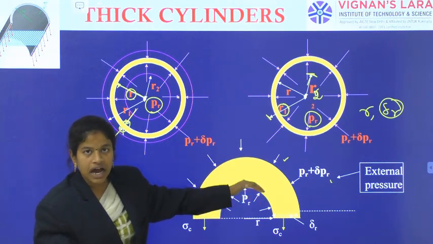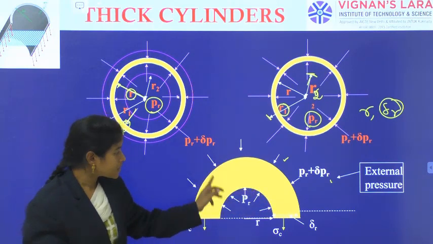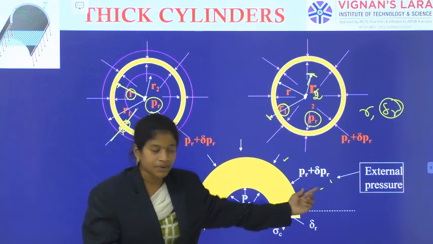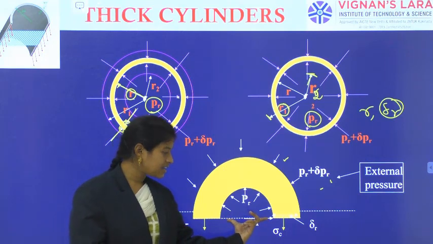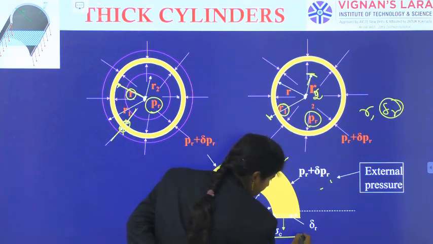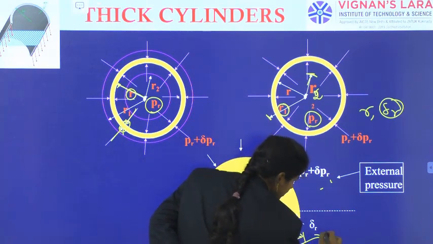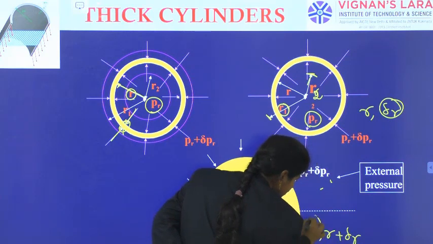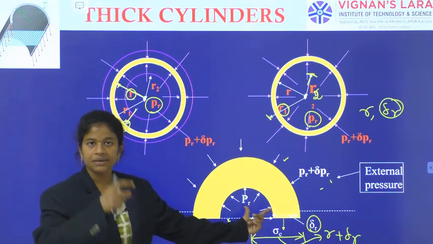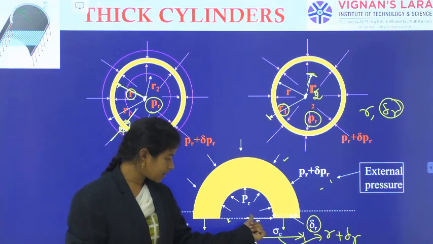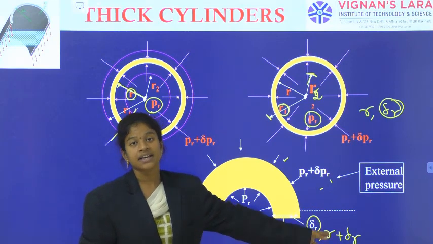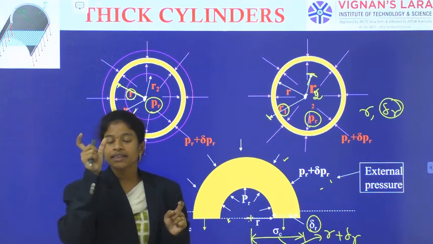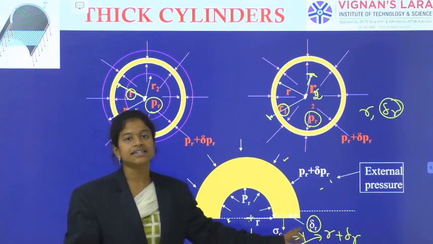Okay, so when you observe the upper hemisphere of the particular cylindrical shell, on the outside PR plus delta PR is the external pressure, and on the inside PR is the internal pressure of the fluid, and it is having an internal radius as R, and up to this position it is having a radius as R plus delta R, because see here, this is the thickness of the particular ring element. From the center to this edge, it is R radius, and from the center to the outer edge, that is R plus delta R is the radius. The particular element's thickness, I can say it is delta R.